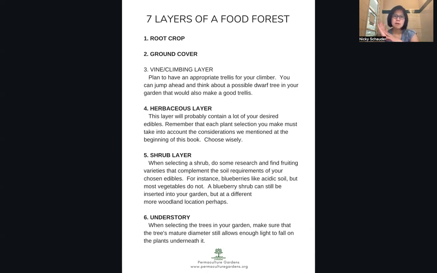You can jump ahead and think about a possible dwarf tree in your garden that could also make a good trellis. Sunflowers make a good trellis for vines, or corn, as in the Three Sisters Guild, and that's 3 layers. An herbaceous layer, this layer will probably contain a lot of your desired edibles. Remember that each plant selection you make must take into account the considerations we mentioned at the beginning of the book. So choose wisely. And when selecting a shrub, do some research and find fruiting varieties that complement the soil requirements